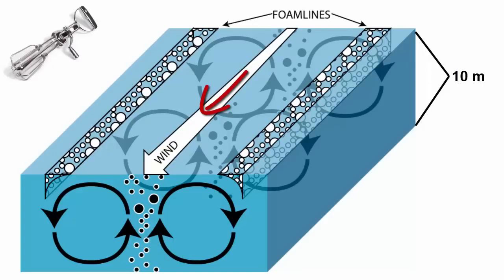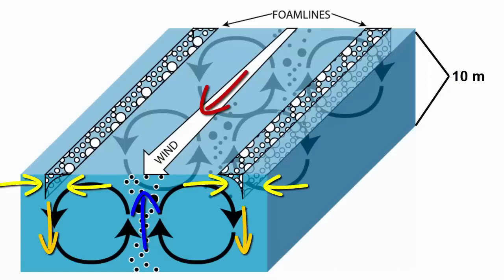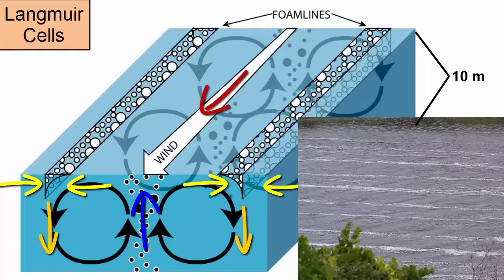The top 10 meters of the water are pushed away from each other along lines of divergence, creating local limited upwelling. These zones collide with each other, creating zones of convergence and local limited downwelling. Floating material such as sea foam and garbage will collect along the zones of convergence, and hence you get these white parallel lines. We call these circulation cells Langmuir cells, and they help to quickly mix the surface waters on